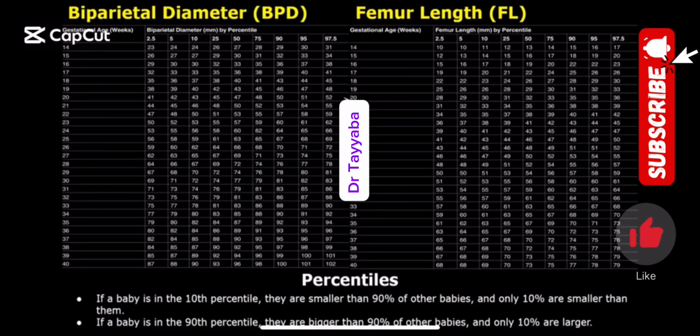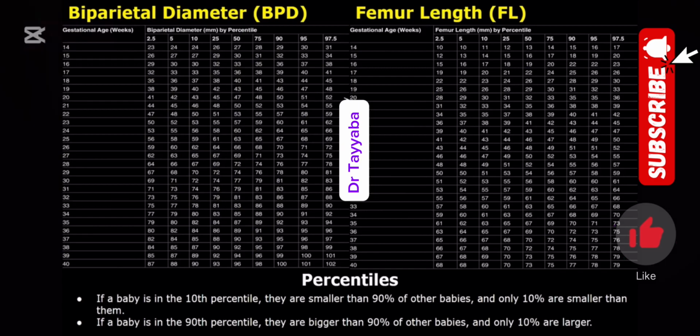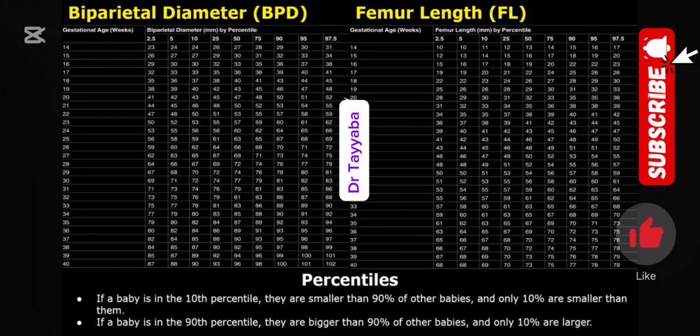And today we will learn what percentiles are related to fetal biometric parameters in obstetric ultrasound. Percentiles are used to compare a baby's growth to that of other babies of the same age. It's a way of seeing whether a fetus is growing bigger, smaller, or about the same size as expected for their gestational age. You hear terms like 10th centile, 50th centile, 90th percentile, etc.